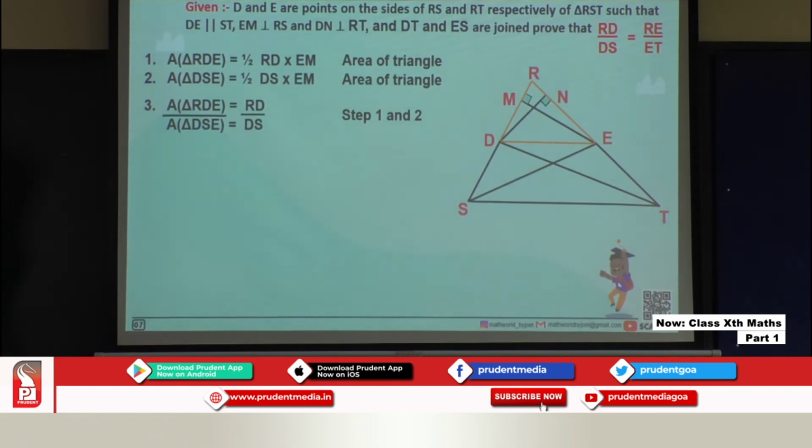So my base is RE and height is DN, right? So for the triangle, the topmost point to the perpendicular base. So area of triangle RDE will be given by half RE into DN, okay. Let us take, for the fifth step, we will consider this triangle, that is